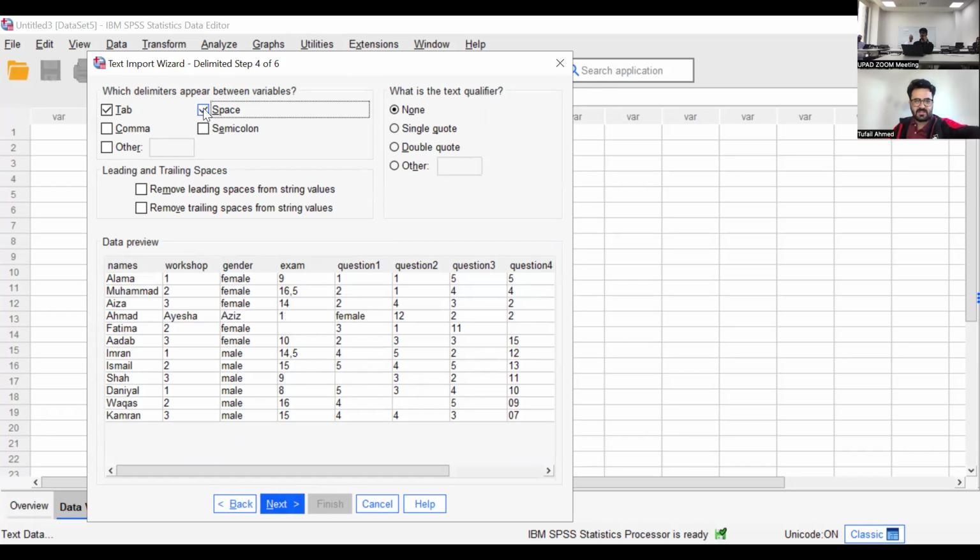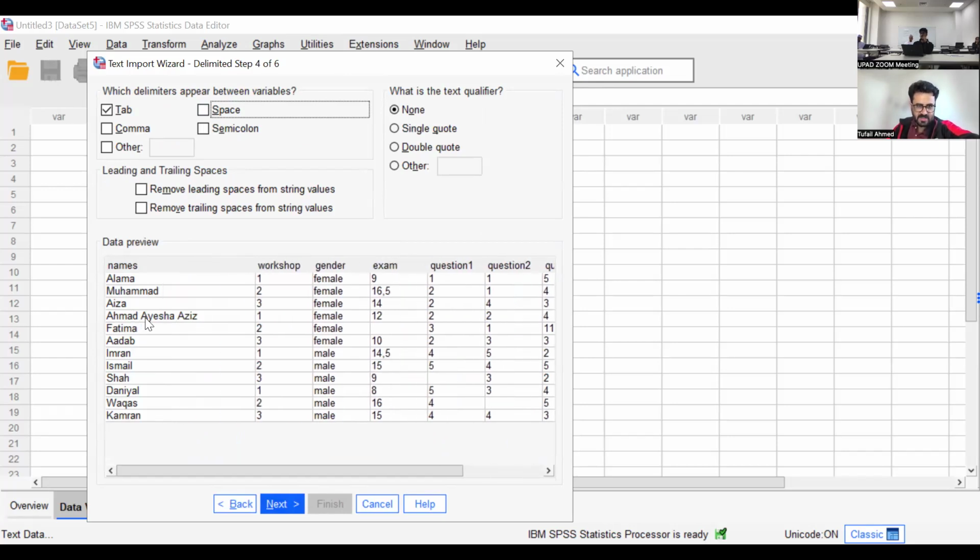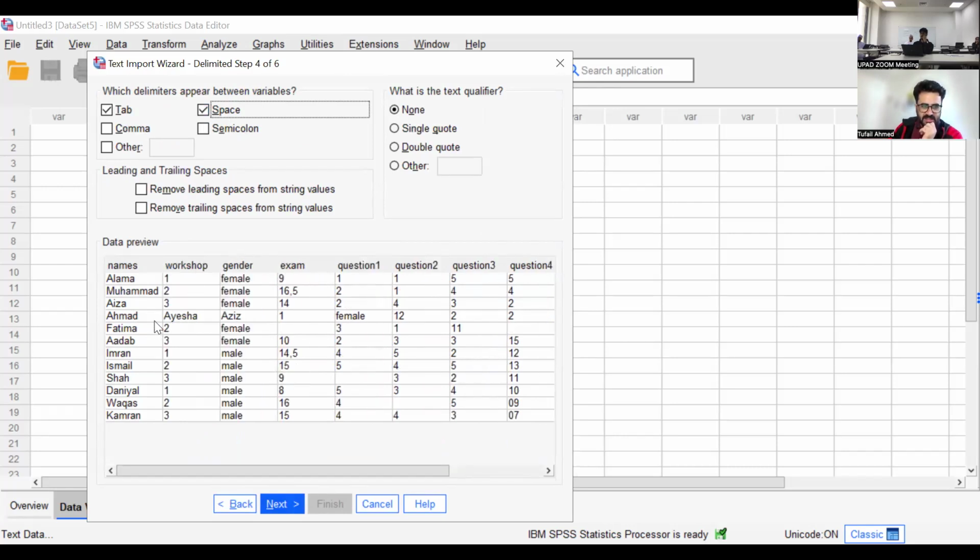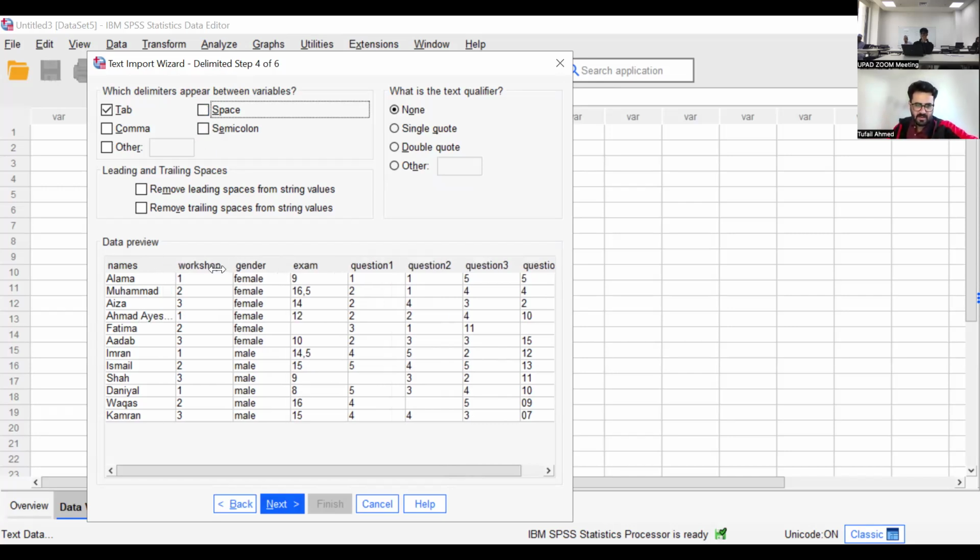One thing: if you see, this person has the name Ahmed Aisha Aziz, and then we have used tab, and then workshop one, then the gender is female. If I select space, you see it brings Aisha to workshop, because we haven't used space between the variables. It's only for the name.